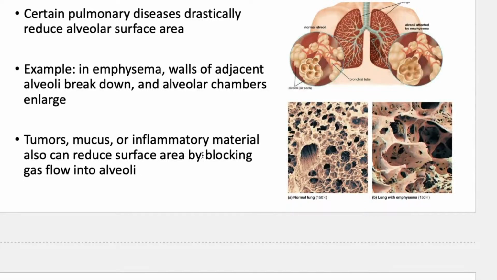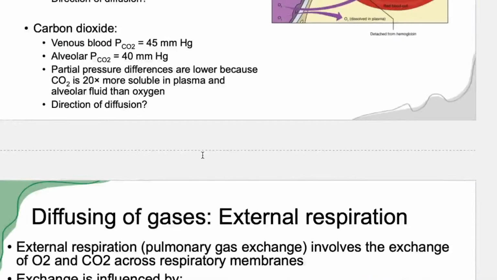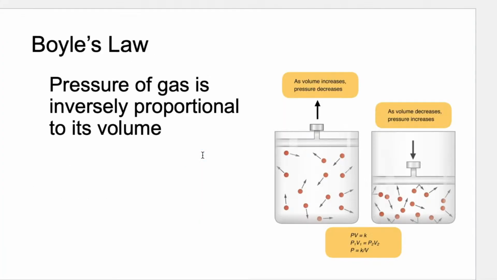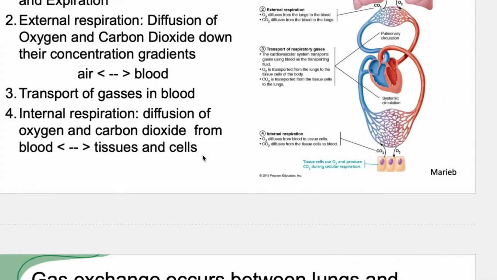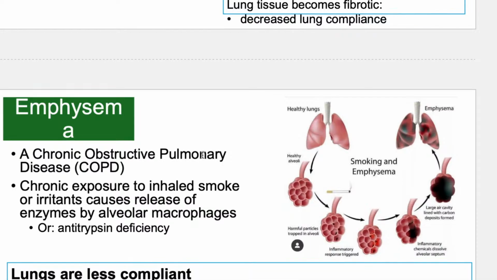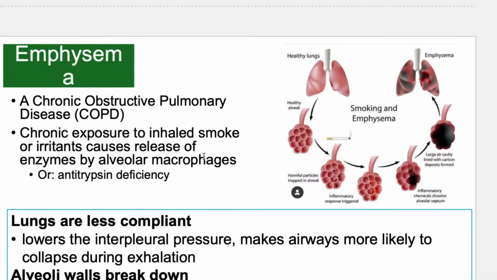Homeostatic imbalance: certain pulmonary diseases drastically reduce alveolar surface area. With not enough surface area, there's going to be less gas exchange. For example, in emphysema, walls of adjacent alveoli are broken down. Remember, emphysema involves the trypsin enzyme, and people who have antitrypsin deficiencies,